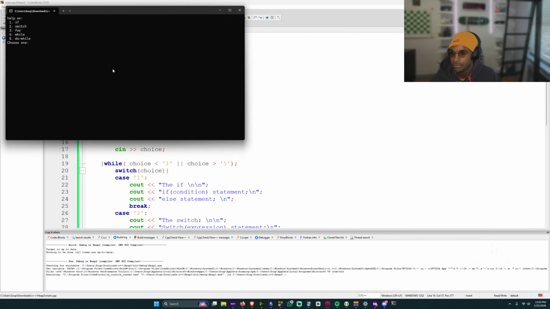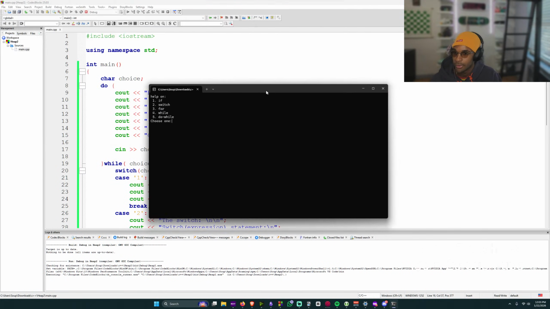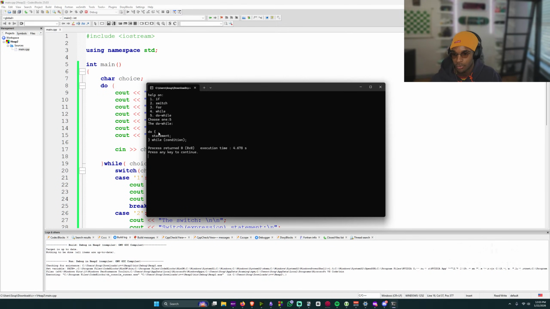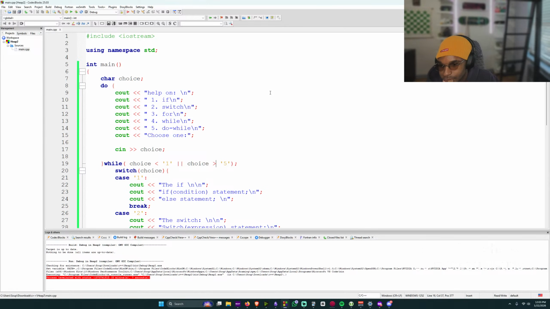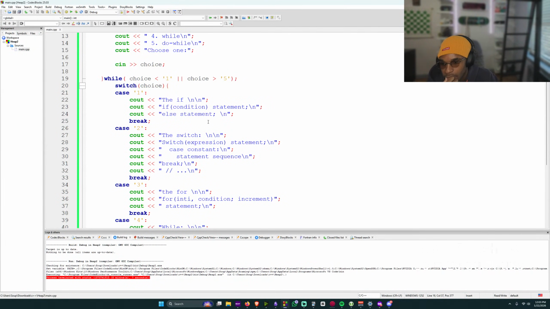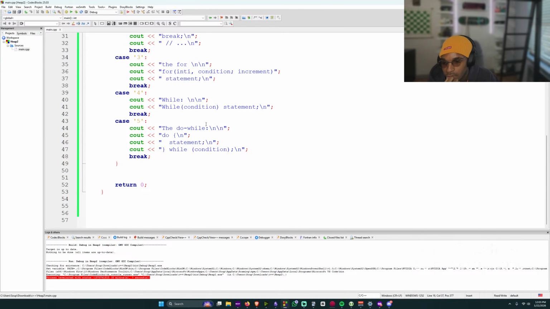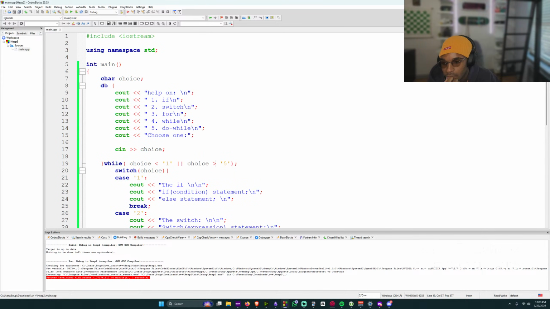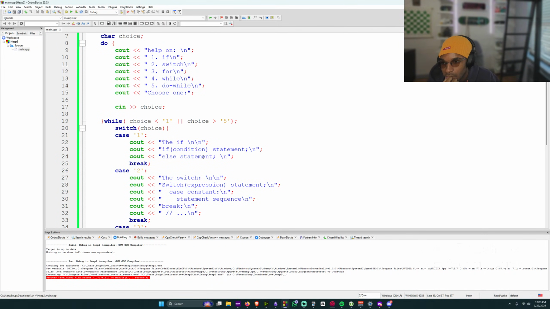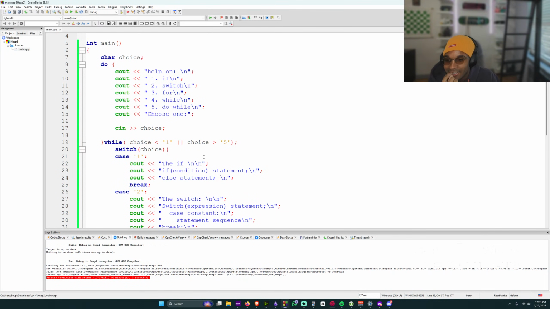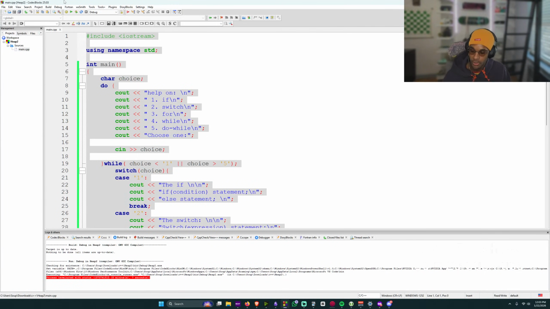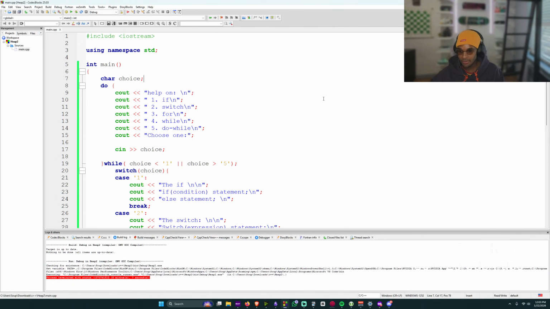Wow, it works. Let's see, you need help with the do while loop. You push five, and it'll tell you the do while statement condition. That's amazing. It's pretty cool. We made another program.